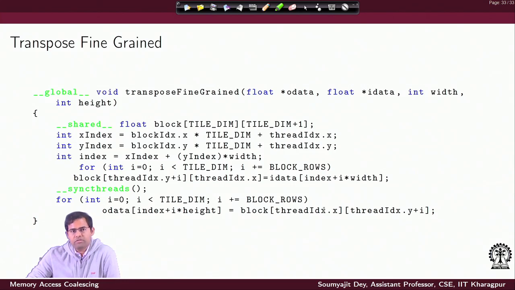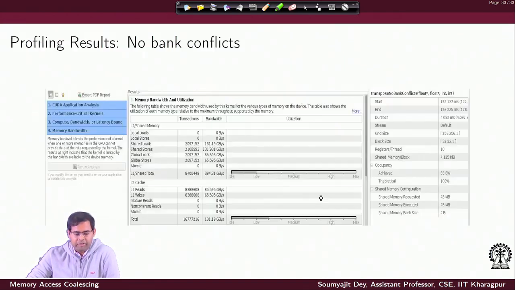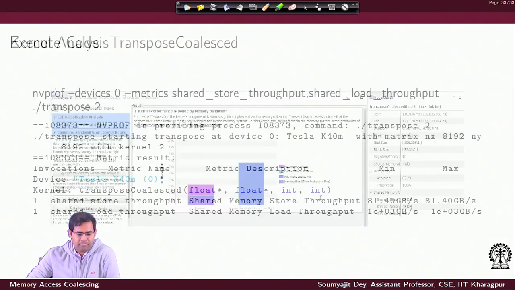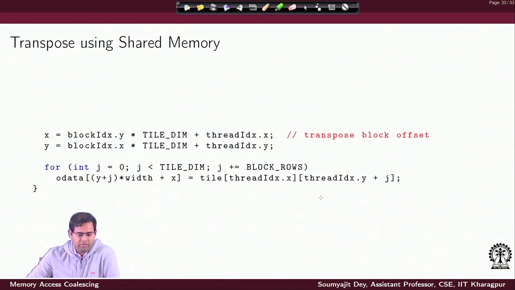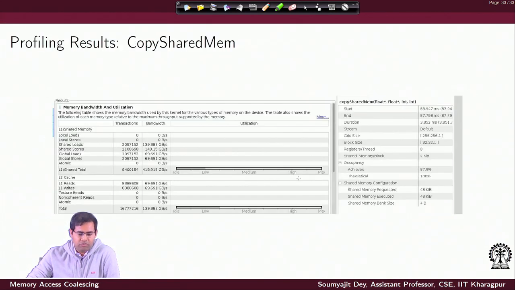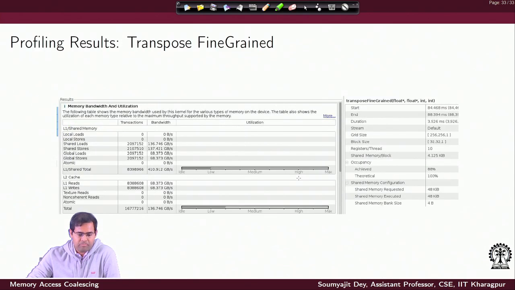Suppose you do not want to do this, but you want to do a block level transpose. That means you just flip the location of the block, but you do not change the internal arrangement of data. Again, if I go back here, if I do not do these operations, then I do not flip the position of the block, but suppose I do these operations, but then I do not do this flipping here, I do a normal read write. What would that mean? I flip the location of the block by this, but then I do a normal read write. So, that means inside the block the relative offsets of the locations do not change. So, that is what we can call a coarse grained transpose.